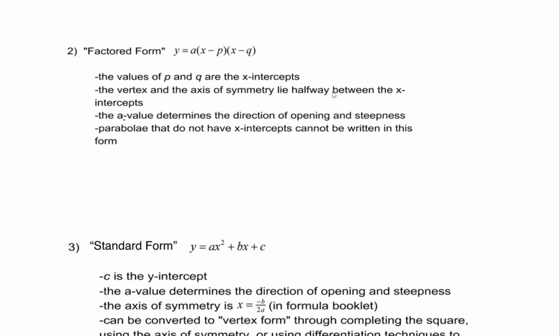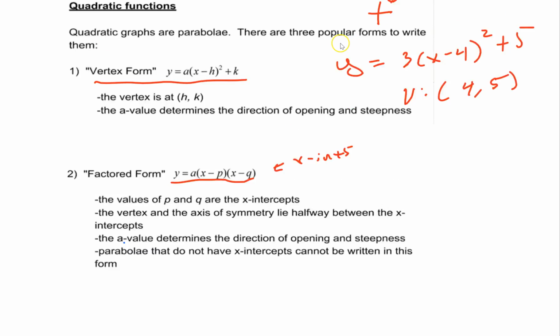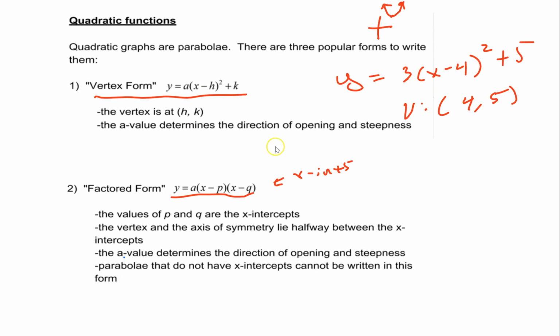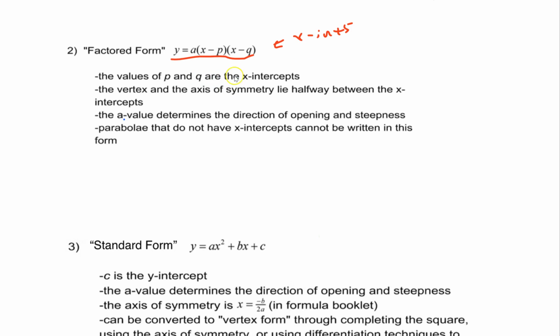And then there's what we call factored form. What this does, this helps you find your x-intercepts. Super easy. Right? To find x-intercept here, it's actually a lot of work. You gotta simplify it out and then find the x-intercepts. Here, it's already factored for you. You're done. So my x-intercepts are just P and Q. So as an A there,